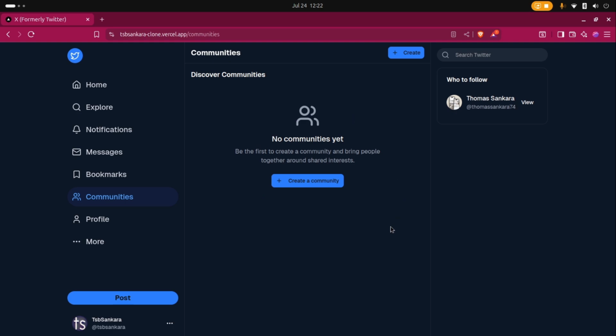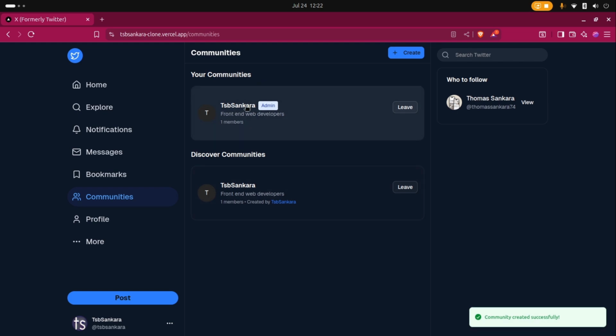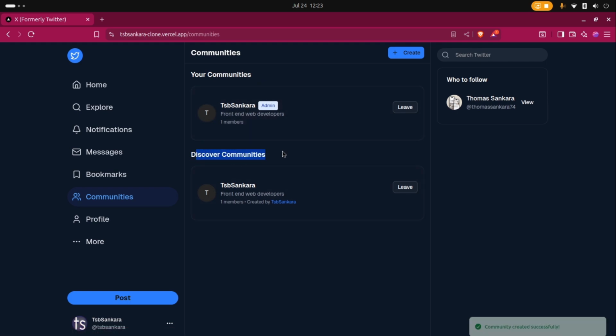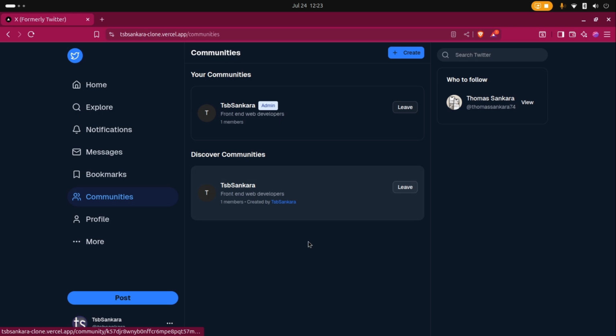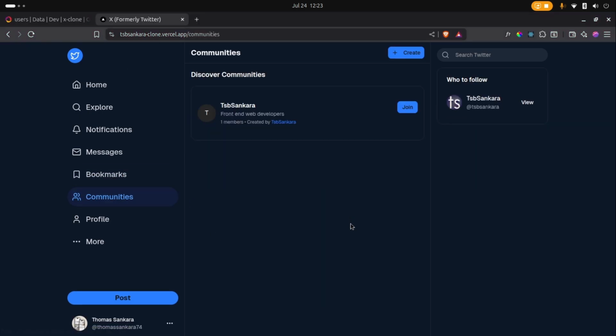You can see that currently it is empty, but if I say create a community, I can call this maybe like TsbSankara, and I can say front-end web developers, and then I can say create community, and then that creates that community, and then in the discover section it now adds that community to the discovery, which means if I go back into this other account, I can go into the communities, and then I can see this newly created community in the discover,